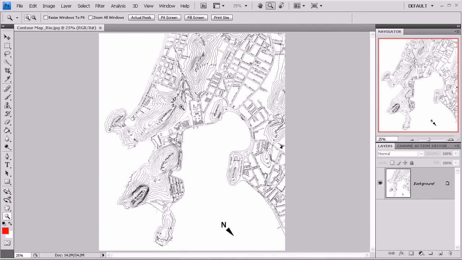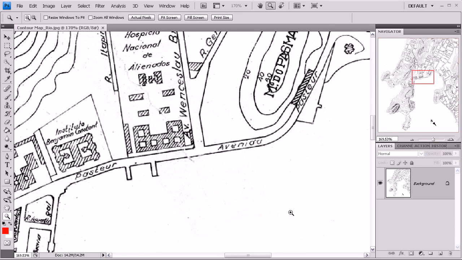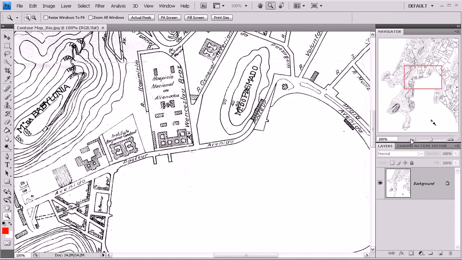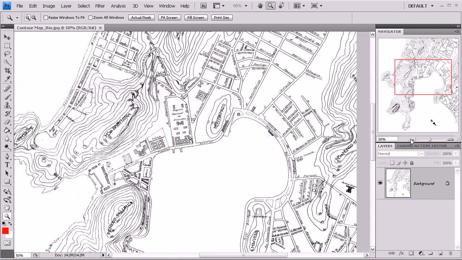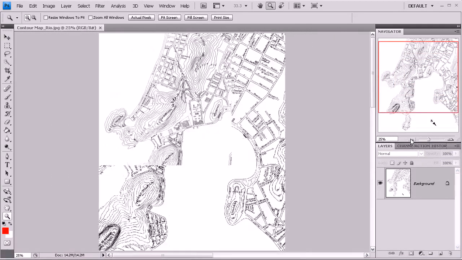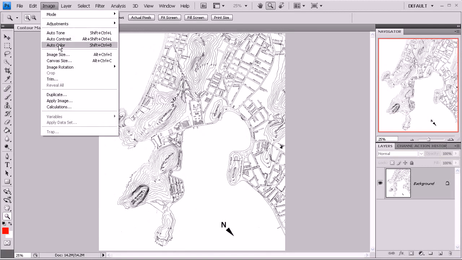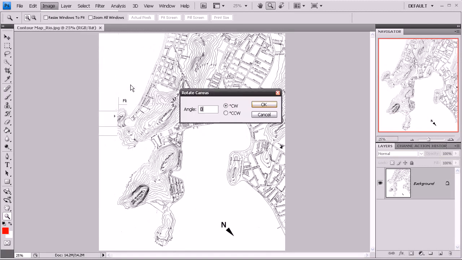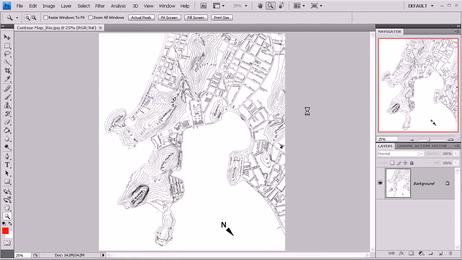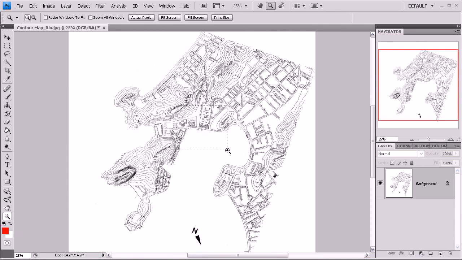Now, we know that the site itself is roughly in this area here. And just to make things easy for ourselves, let's rotate this file so that we have this road being horizontal. That'll allow us, at least in our modeling, to keep everything aligned with X and Y. So we're going to go into image rotation, arbitrary, and I've worked this out before, we're going to be rotating at 19 degrees clockwise. And that allows us to get